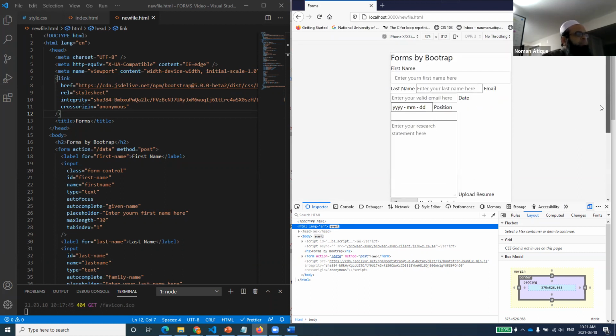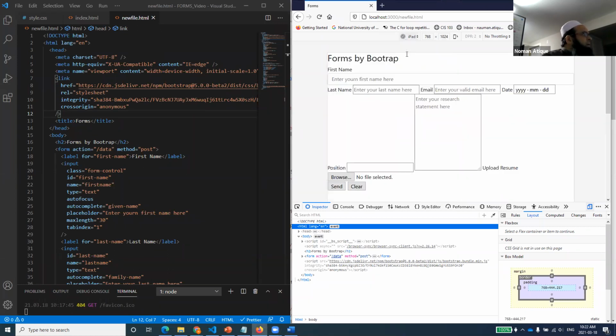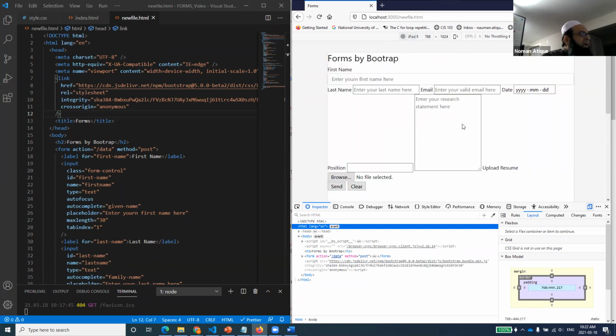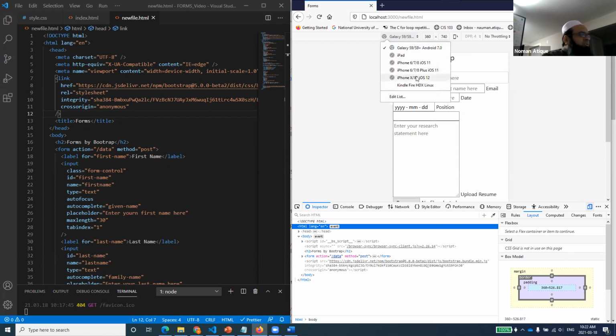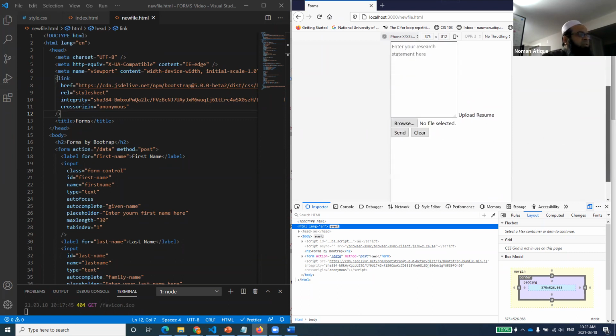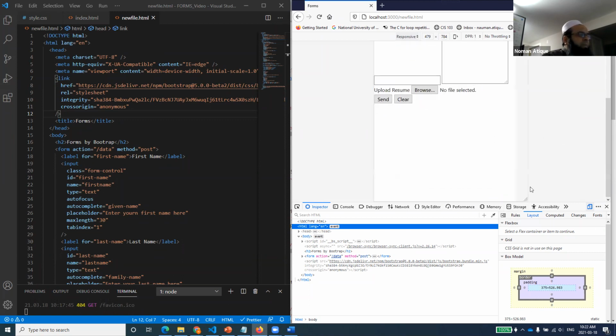So this is the responsive mode that we are talking about. You can always check your document in different view areas, like iPad and iPhone, how it will show in iPhone, how it will show in iPad, things like that. You have lots of options over there. You can work on any one of them, and you will be able to see it for all the rest of them. And as I said, you can do that manually as well.